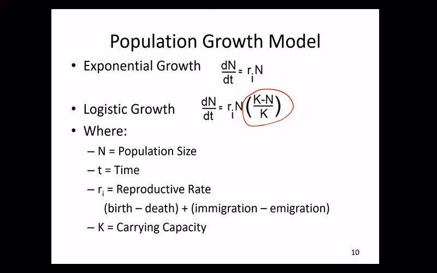And here I give you a definition of those. Again, this constant that I mentioned before is reproductive rate. How do we define reproductive rate? Well, it's the number of new individuals minus the number that leave or die, number of births minus the number of deaths. But we also have to consider individuals moving into that population: number of immigration, moving in, minus the number emigrating, the number moving out of the population.